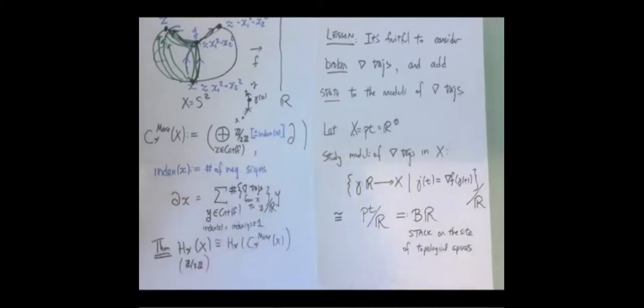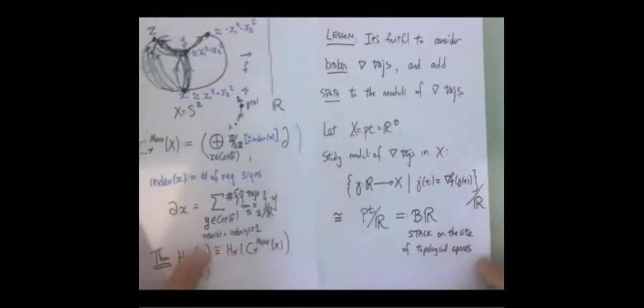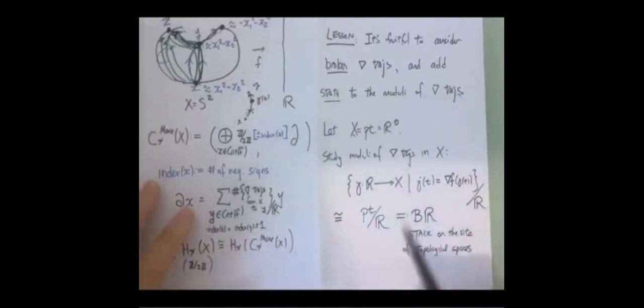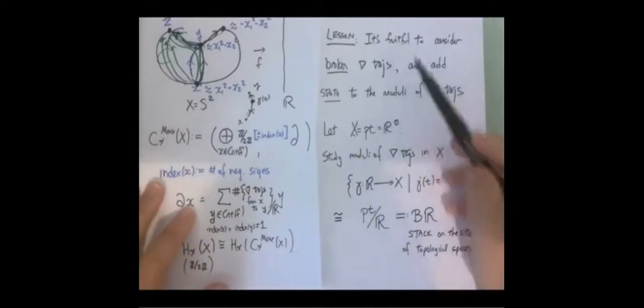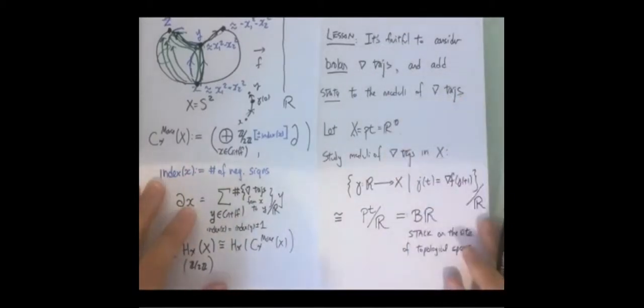Okay, so if you like, it's a stack that classifies principal R bundles over topological spaces. Okay, so this is what the moduli space of gradient trajectories in a point looks like. It's actually a stack. So now to this, I would finally like to apply my lesson, which is I should